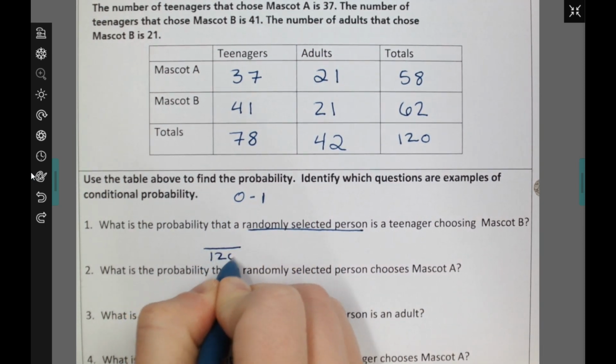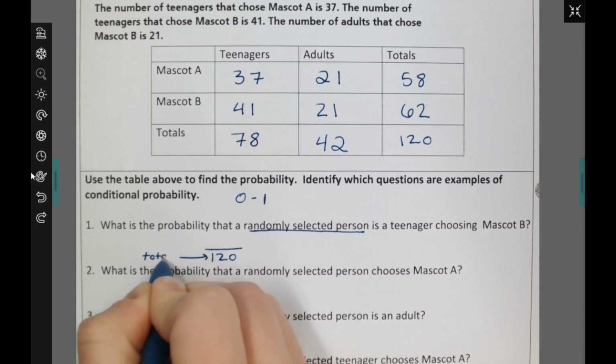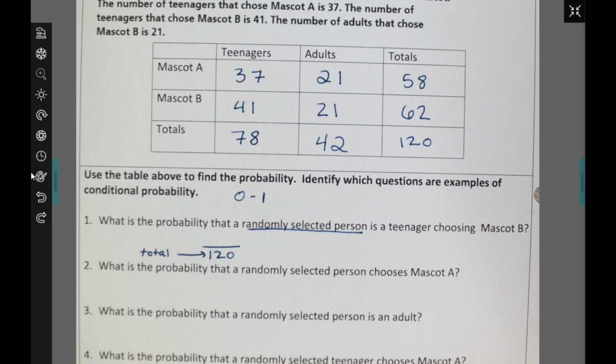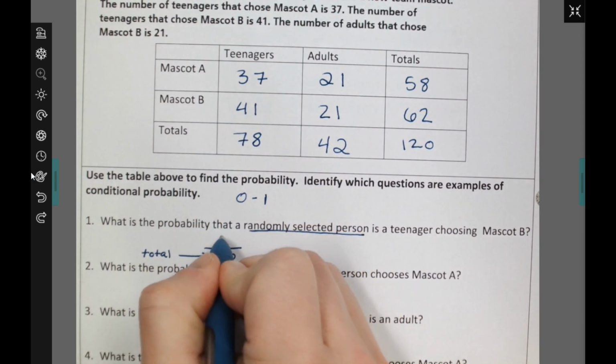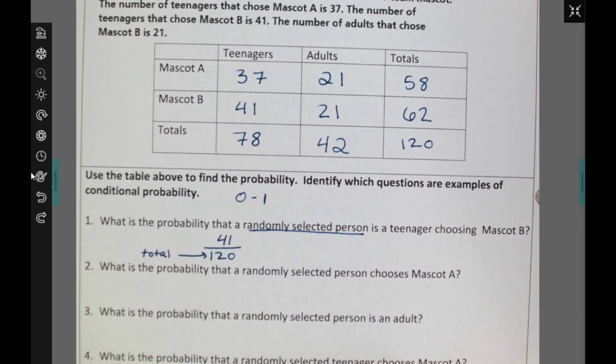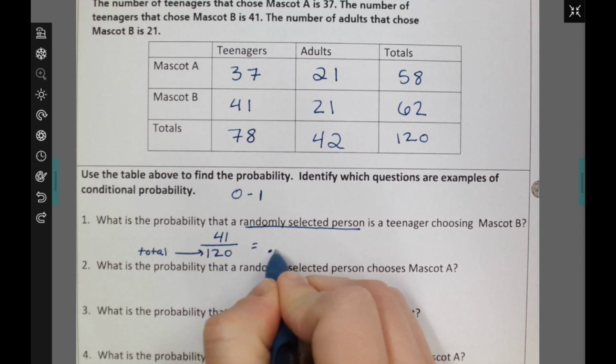We're going to make a fraction. Our denominator is the total people we are choosing from. So we're choosing from any person in this group. And we want a teenager that chose mascot B. So we go to teenagers, mascot B. There's 41 of them. Okay, so we have 41 out of 120 people chose mascot B. Truly, you can leave it like a fraction, or if we go into the calculator, we can get a decimal. Either one of these would work for me. So it's either 41 over 120, or we could say it's